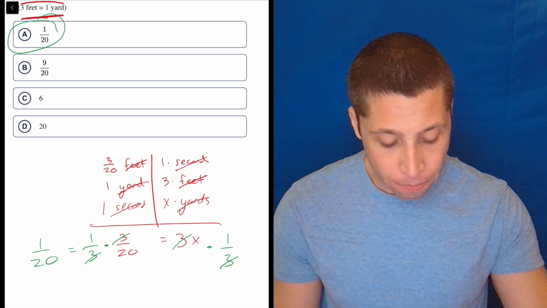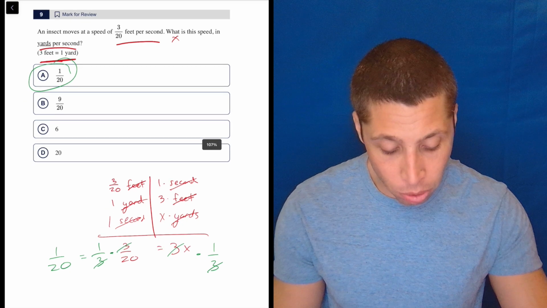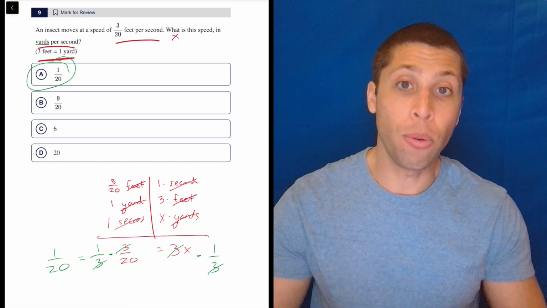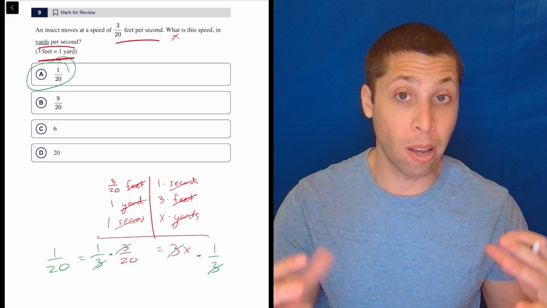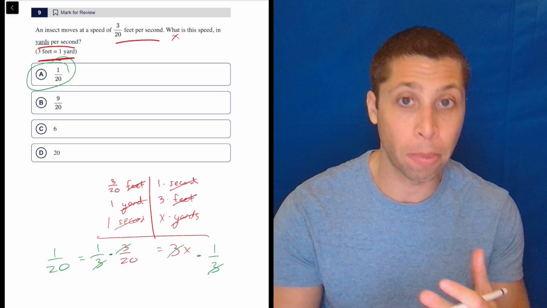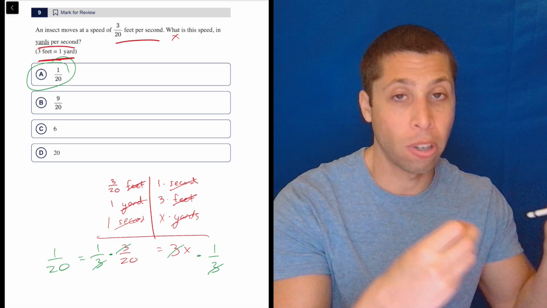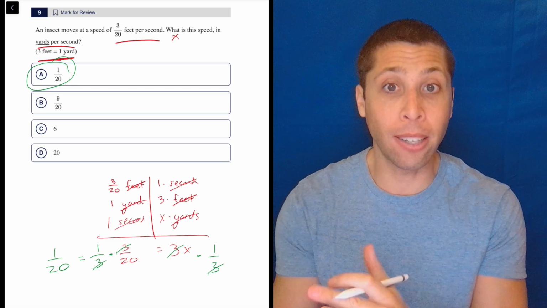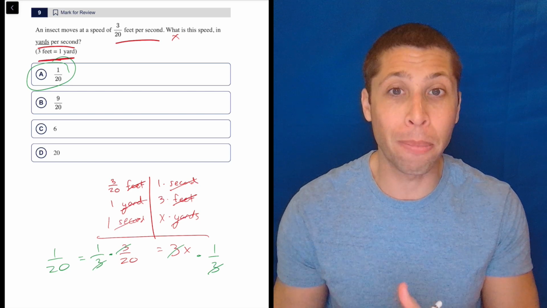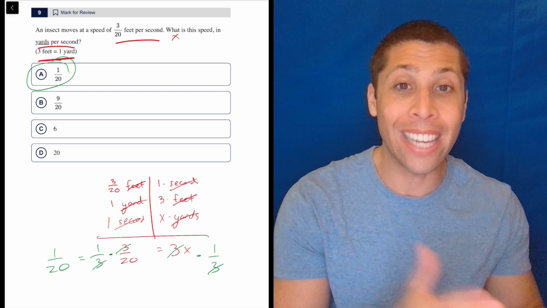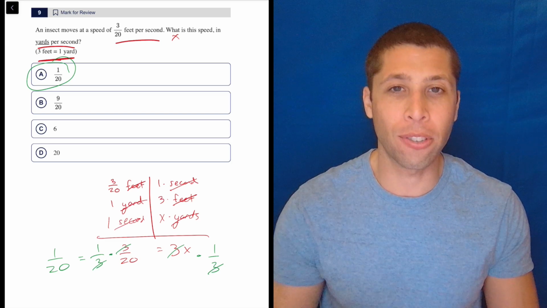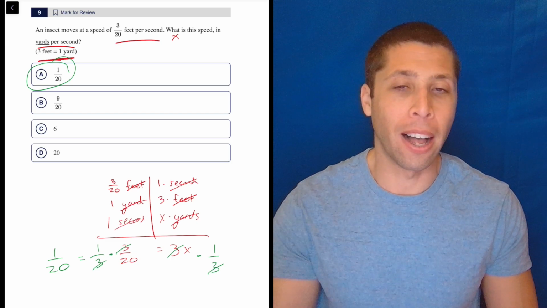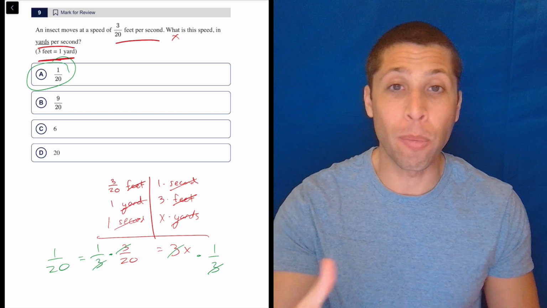So this is not a particularly complex unit conversion. However, I do think that they get more complex, and I do think that if you got it wrong, I would bet that at some point in your process, you multiplied when you should have divided, you divided when you should have multiplied, and you got an answer that was there, right? These are not random numbers as the wrong answers. These are the numbers you would get if you did the wrong step at any point. What the chart allows us to do is just kind of keep things organized,